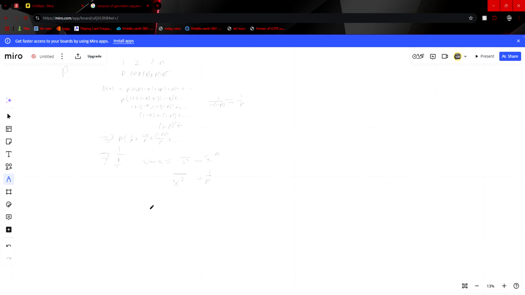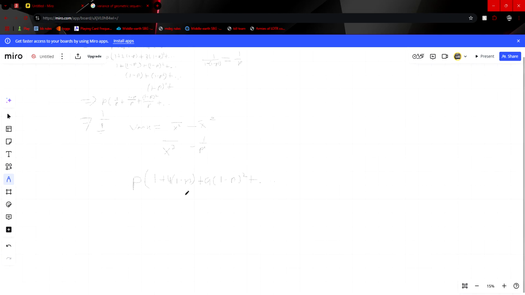So instead of getting 1 plus 1, 2p, 1 minus p, and so on, we now get p times, I'm just going to take the factor out immediately because we already went through this. So 4 lots of 1 minus p, and then plus 9 lots of 1 minus p squared, and so on. And the thing to realize here is the difference between this and this is 3, the difference between that one is 5, so we can do a similar sort of thing now. So it's 1 minus p